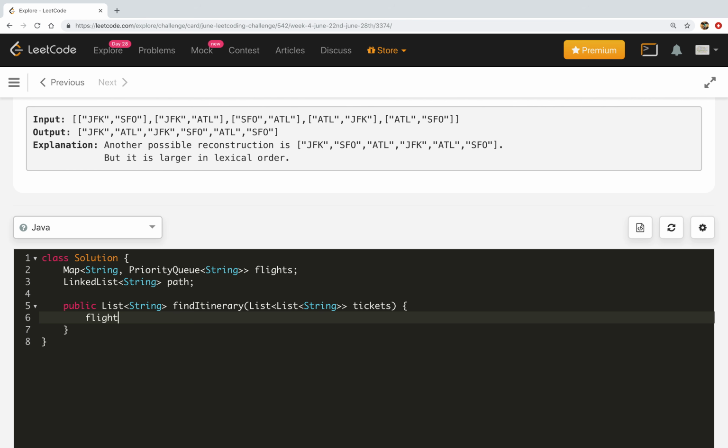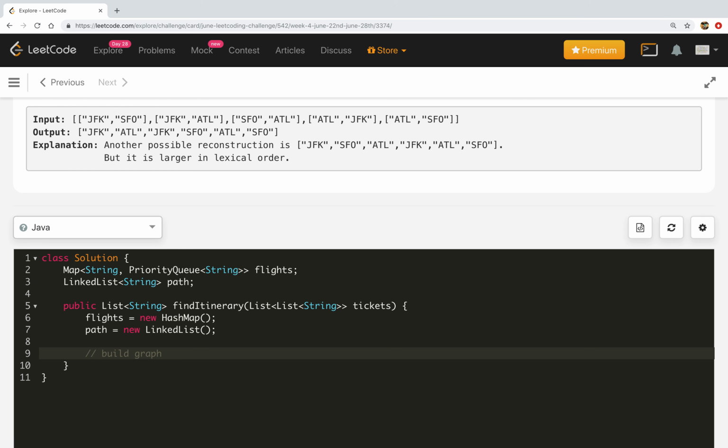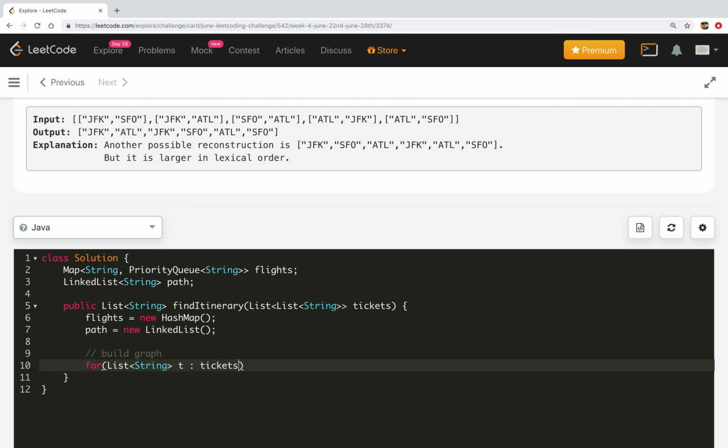And now initialize these: flights is equal to new HashMap, and then path is equal to new LinkedList. After that we have to construct our graph, build graph here. So we will iterate through all the tickets, for List of String ticket t in tickets.